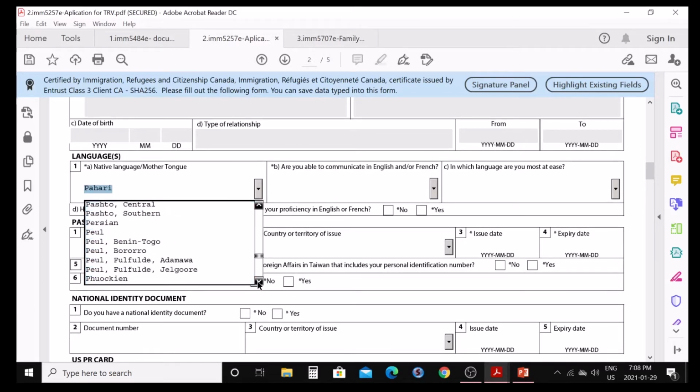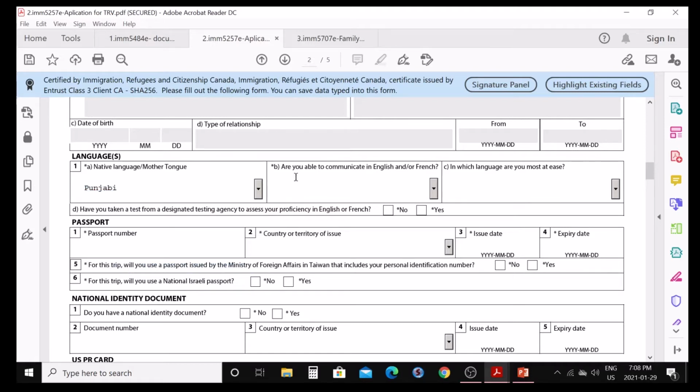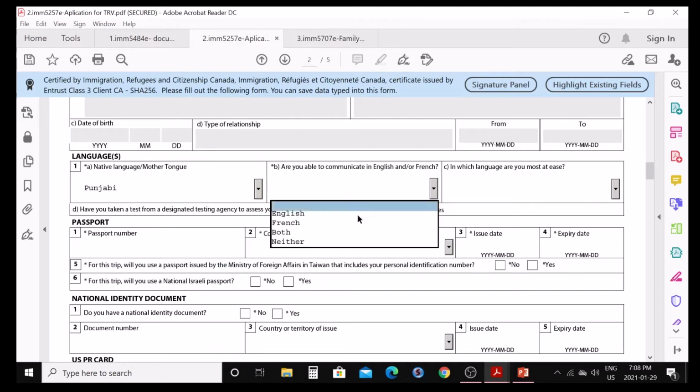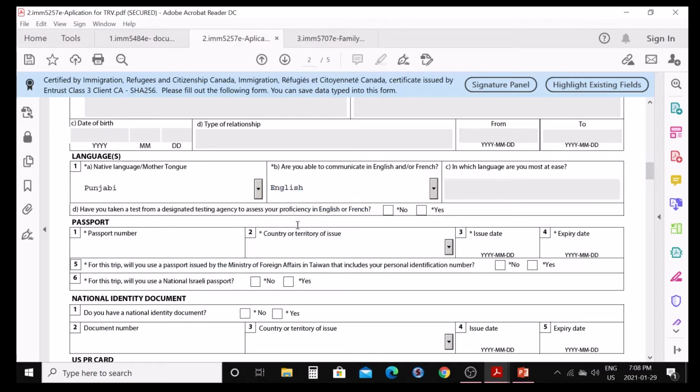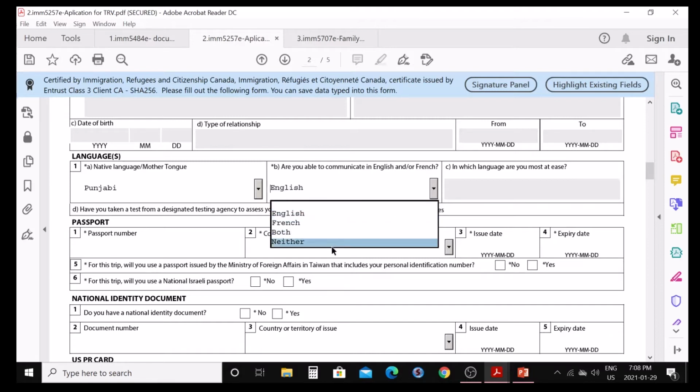If you have Hindi, you can write Hindi, or any other language, whatever language you have at home, you can write that here. Are you able to communicate in English or French? If you are, say yes. If you are not, say no. If yes, English or both. Otherwise you say neither.